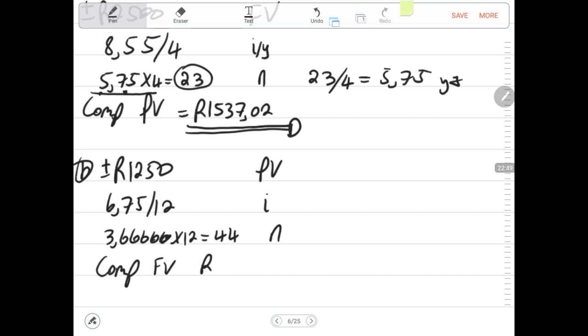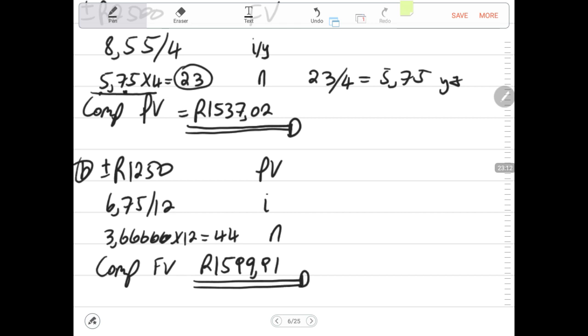Then we have 44, which is our n. Then what are we looking for? We say comp FV. We are looking for the future value. Future value is 1,599 rand 91 cents. So now this will be the amount that will be in the account at the end